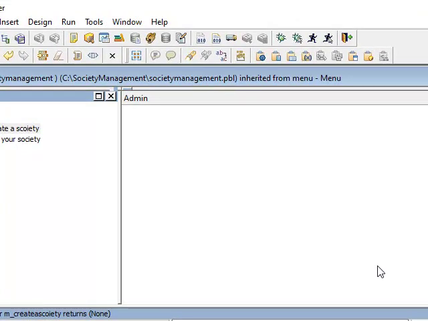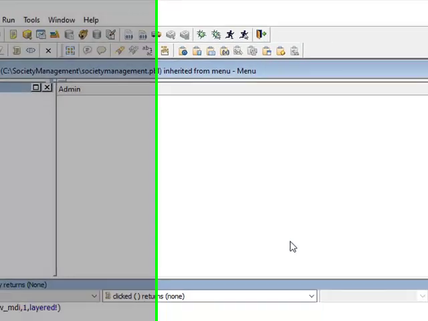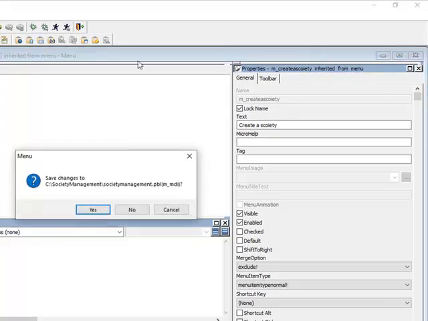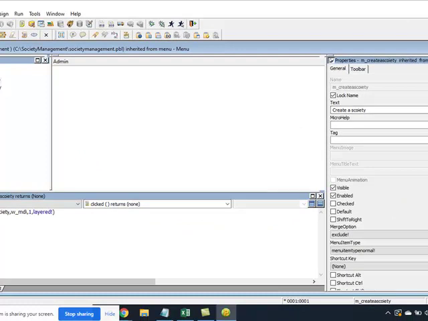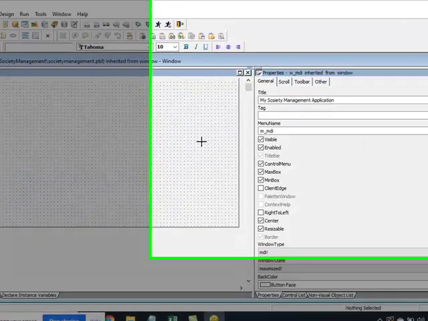If I'm not a right user, then it will not allow me to log in to that application. So when you install PowerBuilder, one more database gets installed by default.